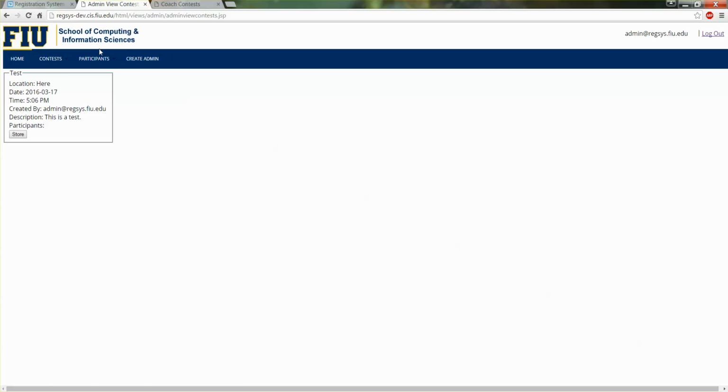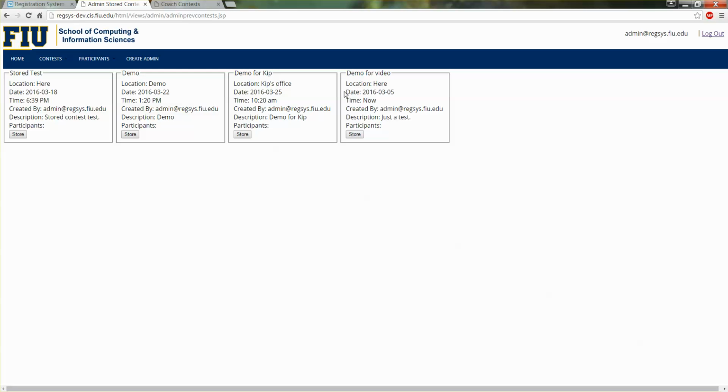Other features that we would like to have is that right now, if you were to simply store a contest, it would just shift this contest to previous contests, which is not as fancy of a solution as we would like it to be.